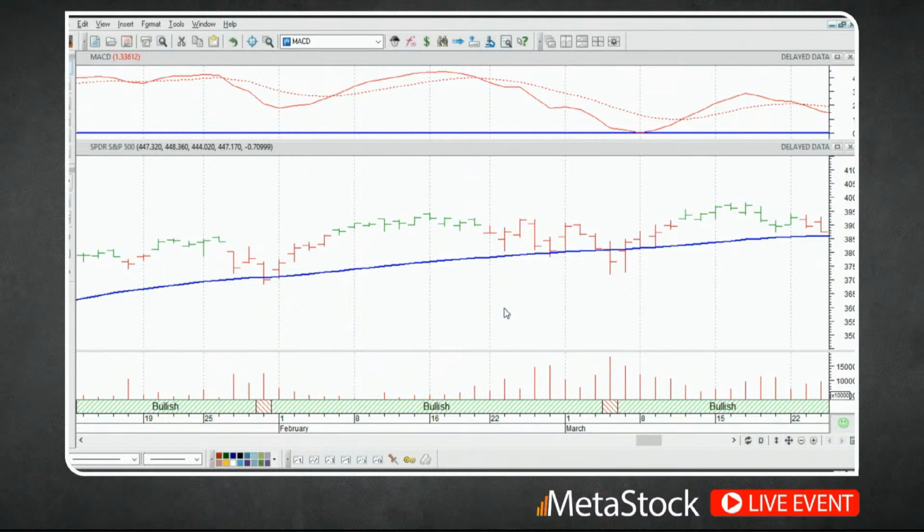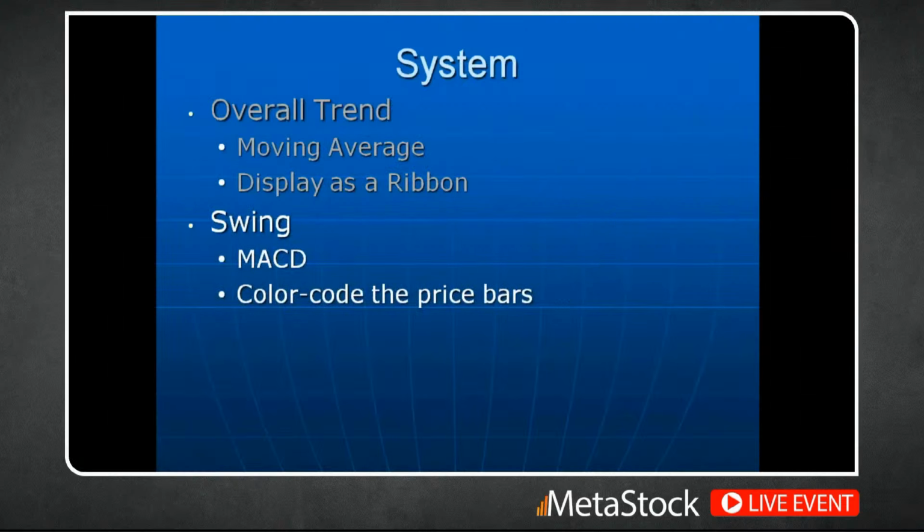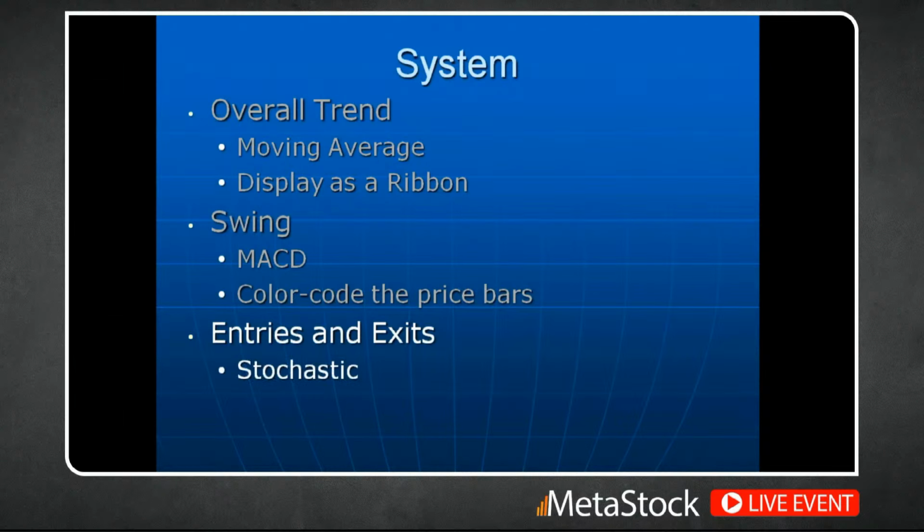Now we're going to take this one step further. What we're going to do is use another indicator to help identify retracements into these trends. Again, there are a lot of different types of oscillators that we could use, but a really common and easy one to interpret is the stochastic oscillator. So for this one, we're going to use the stochastic to give us those buy and exit signals, and we're going to plot buy and sell arrows directly on the chart.